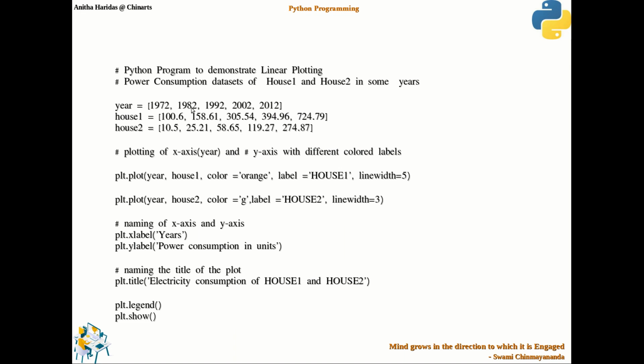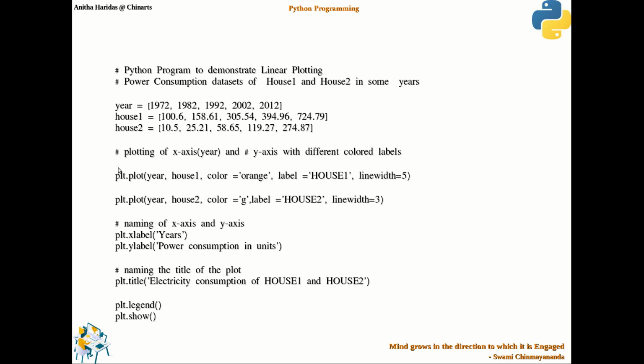I have year as one list, then house 1 as the second list, house 2 as the third list. Three lists of data are available. I am going to plot the x-axis and y-axis with different colored labels. Okay, x-axis will have the year and y-axis will have the units, right? The units consumed by house 1 and house 2.